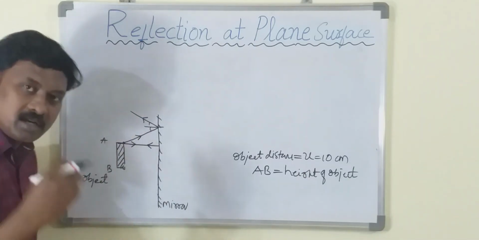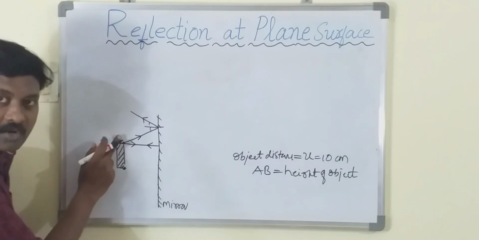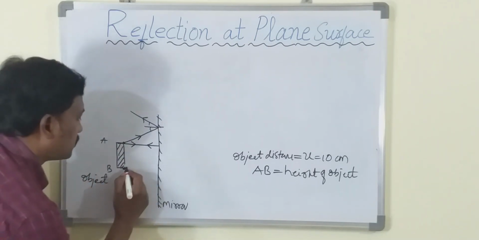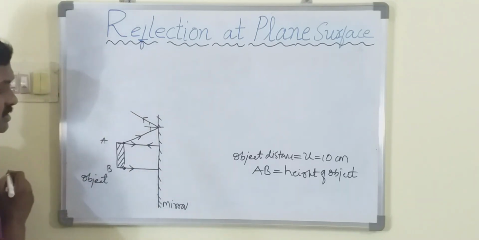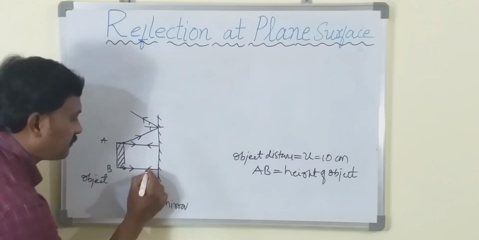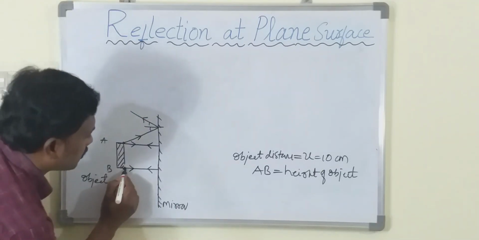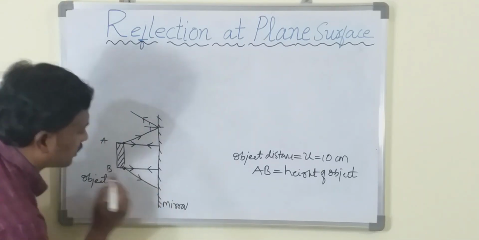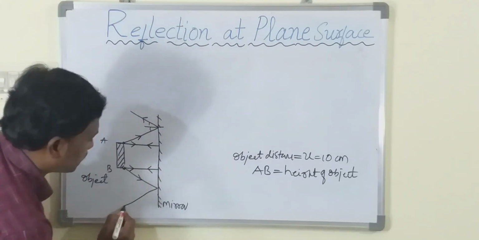Now, another two incident light rays you are going to draw from the bottom. We have started from the top, now from the bottom part. So let me draw, one is the same perpendicular, this is the incident ray, and that ray is again reflected back like this. Now secondly, we are going to draw one more. So this is another incident light ray and it is reflected in this way.